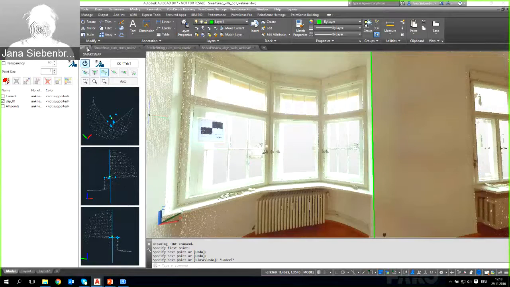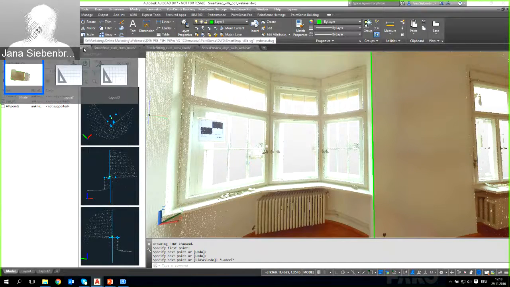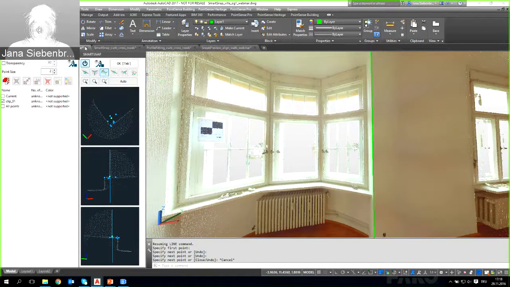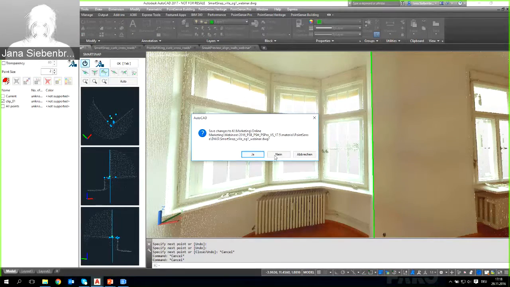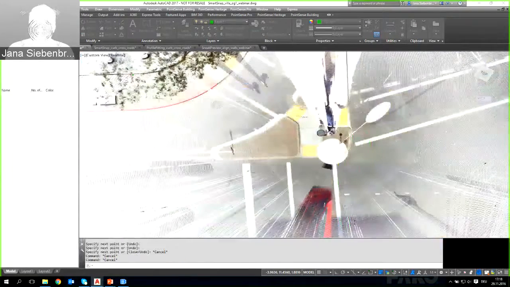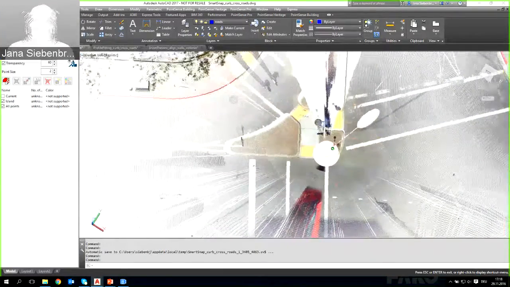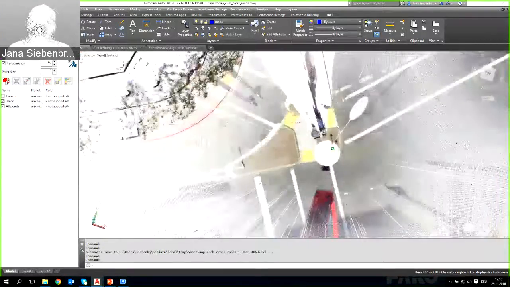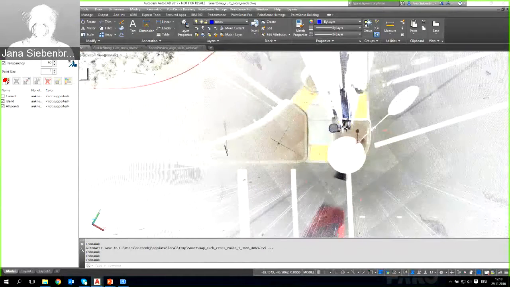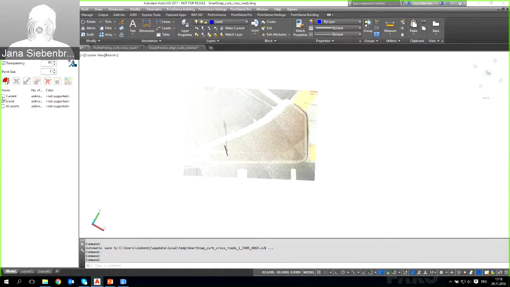Let me show you, we have 2 more options, like highest and lowest point snap. I will demonstrate these on a different example. Let me just close this drawing. Here we have scan data of a road cross section, and what I would like to digitize is